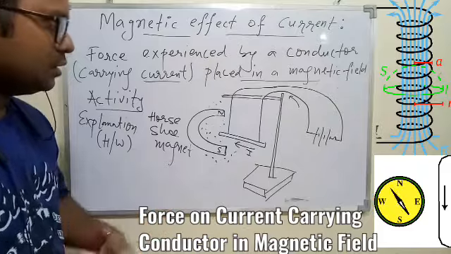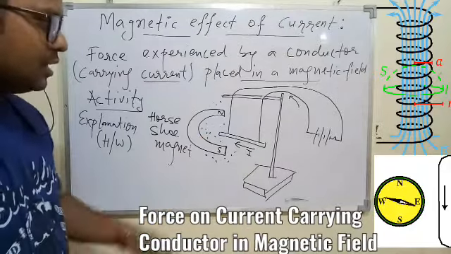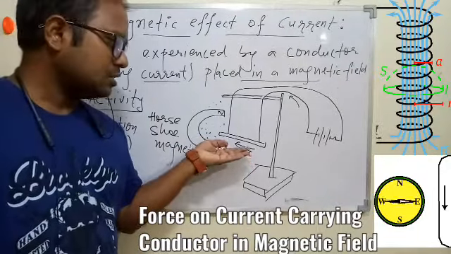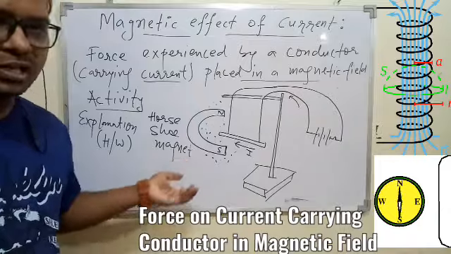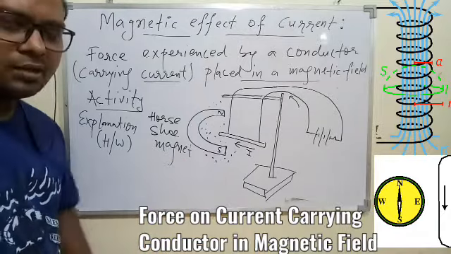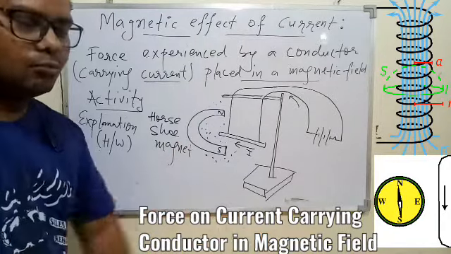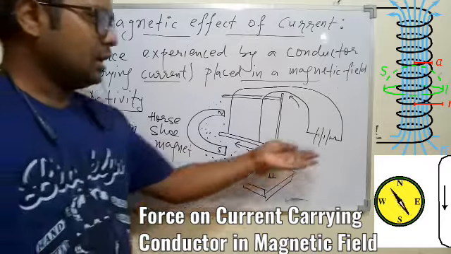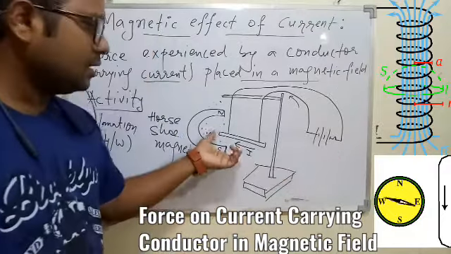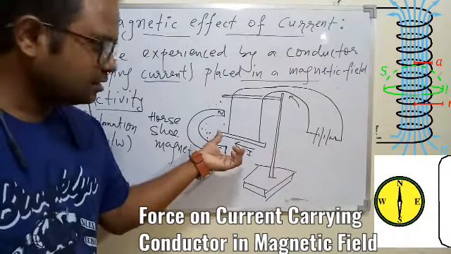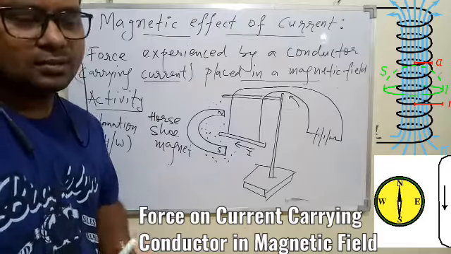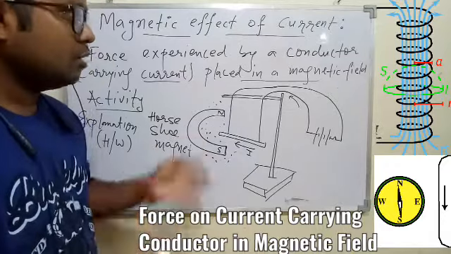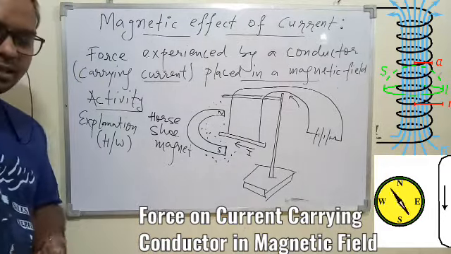So it is understood, the time the current flows through this conductor, it will start behaving as a magnet, and since two magnets will give force to each other, that is magnetic force, the conductor will experience a force, and hence it will move in a particular direction. And the time you switch it off, this conductor will no more be a magnet, so automatically it comes back to the initial position. That is how this activity can be explained.